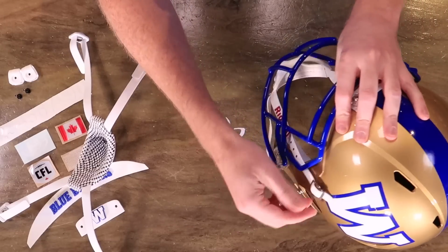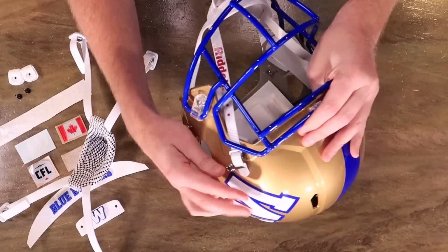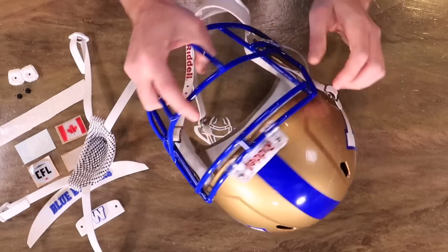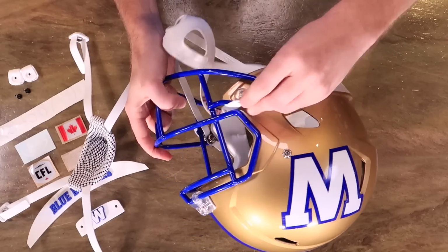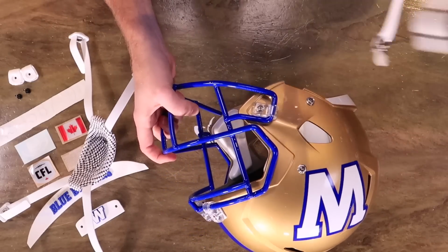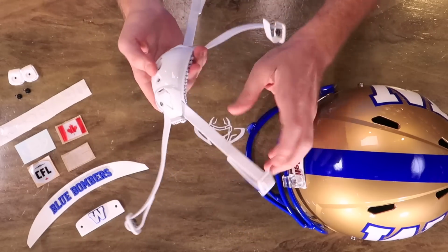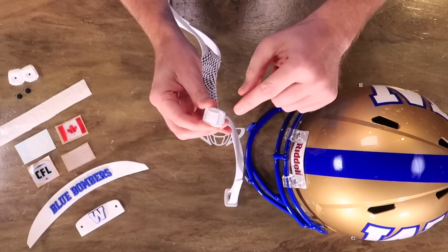And how do you take it off? Well, you can bring it down, slide it down here, and kind of sneak it through this part of the mask. And then it's done. We are putting on a Sports Star chin strap, no branding, and we're putting on these